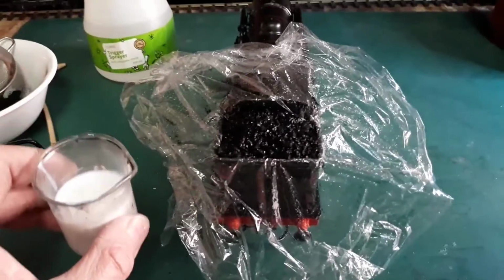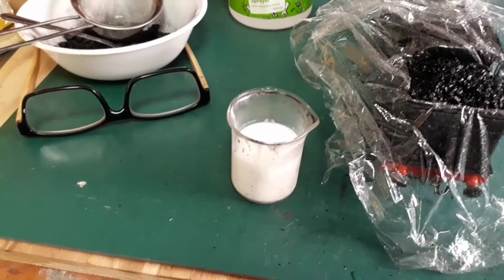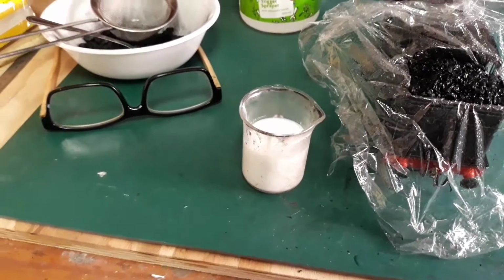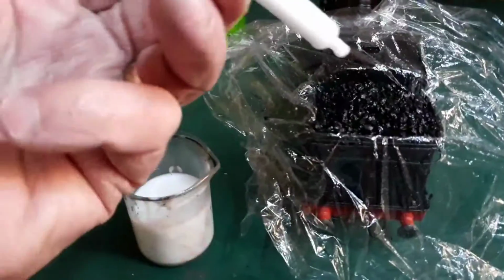So what I'm going to do... no, I won't do it that way. I've got a little syringe, otherwise I'm going to flood it. I will baptise it. Hold on. Don't go away. Okay, I've got myself a little syringe here. And what I'm going to do...